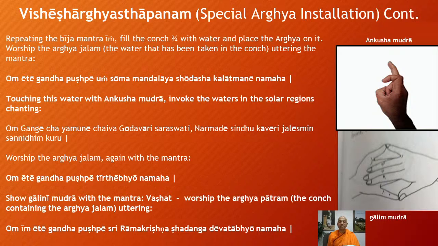Now after invoking all the 7 sacred rivers from the solar orb, we are now going to the next thing, that is to worship the Arghya jalam again with the mantra. Now after invoking, all the 7 rivers have come and made their presence felt in that conch water. So you have to worship them. How will you worship? Worship the Arghya jalam, the water, again with the mantra Om Ete Gandhapushpe Tirthebhyo Namaha. All the tirthas, the 7 rivers, are the sacred waters. They are called tirthas, the pilgrimage water or the consecrated water or the divine water. So we are worshipping them, telling the mantra Om Ete Gandhapushpe